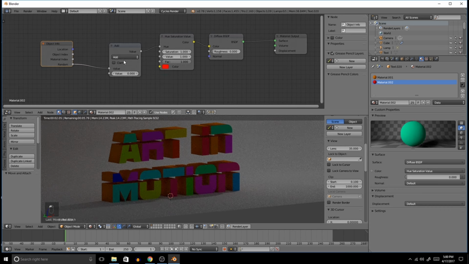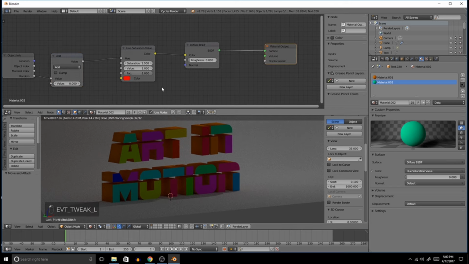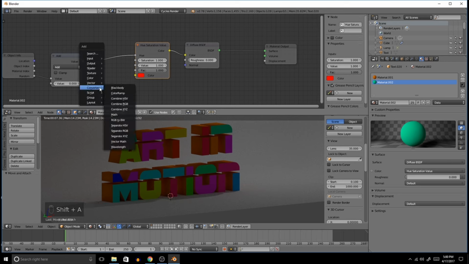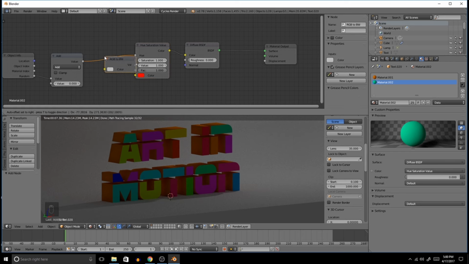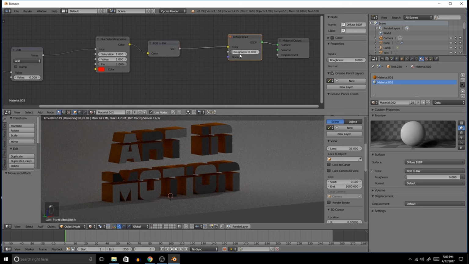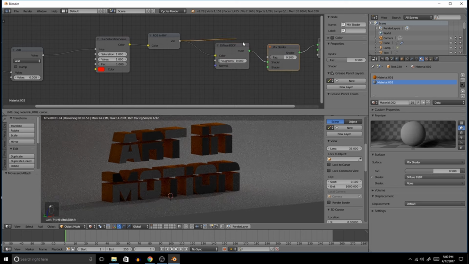Perfect. But we don't want the color information. We want the black and white information. So all we do, Shift A, convert, RGB to black and white. And we connect it right here. We can use that information and plug it into a mix shader, into the factor,